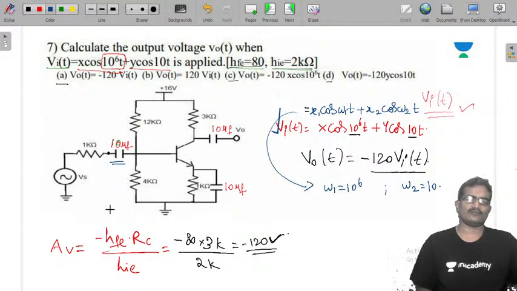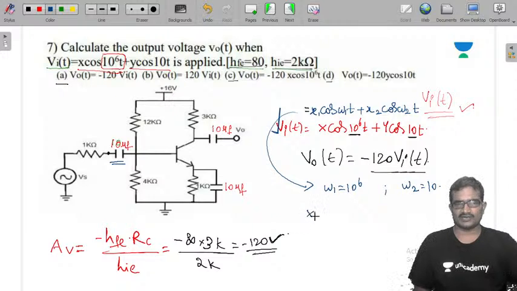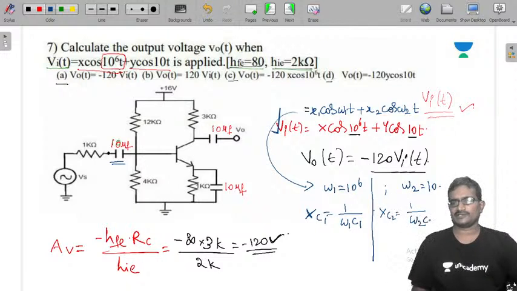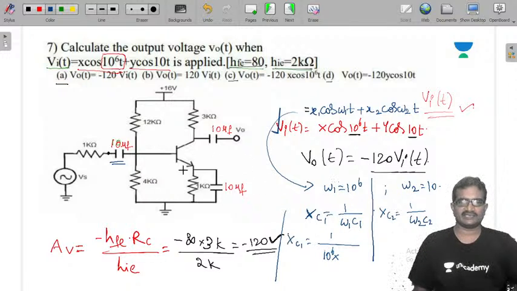Whatever capacitor of 10 microfarad we have here provides some reactance to these frequencies. The reactance of the capacitor, Xc1, is 1 by omega 1 C1. Similarly, Xc2 is 1 by omega 2 C2. Now just calculating Xc1: 1 by 10 power 6 into C1, which is 10 into 10 power minus 6. Xc2 is 1 by